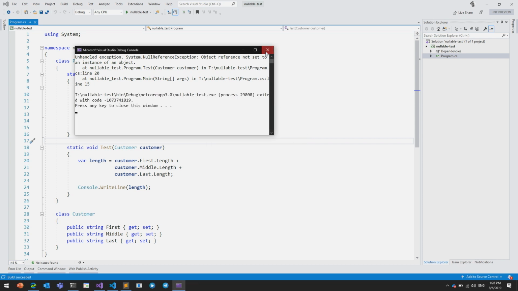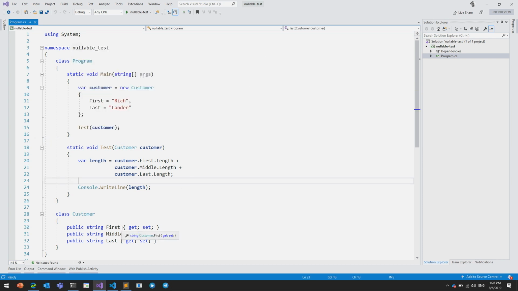And so what's happening here is you have a customer that has a first name, middle name, and last name. And all we do here is we just sum them up. And of course, if middle is not set, then we get a null reference here. Right? If I run this in the debugger,